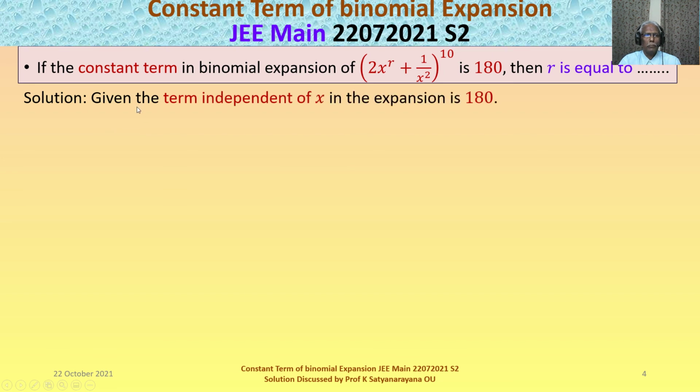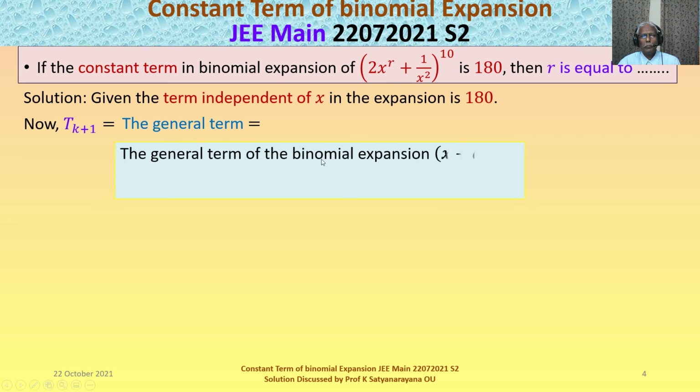The term independent of x in the given expansion is given to be 180. Now the (k+1)th term, that is the general term, is given by,